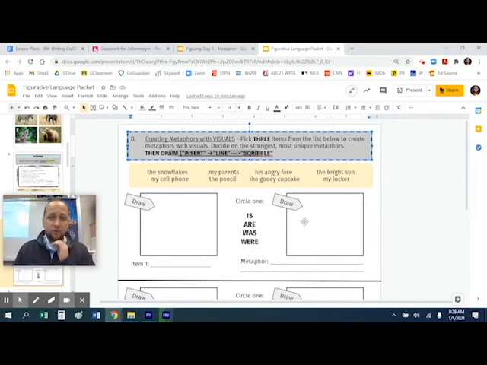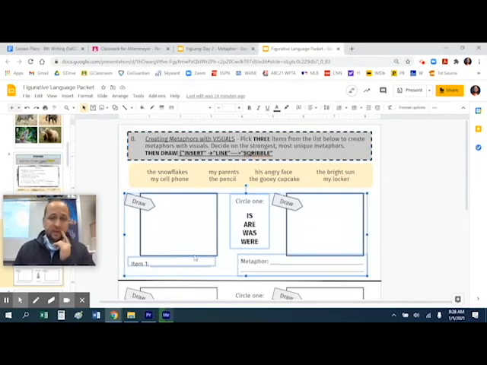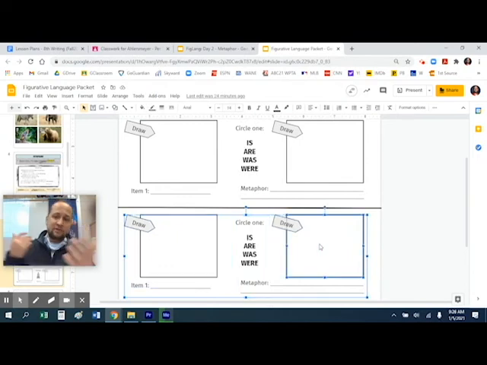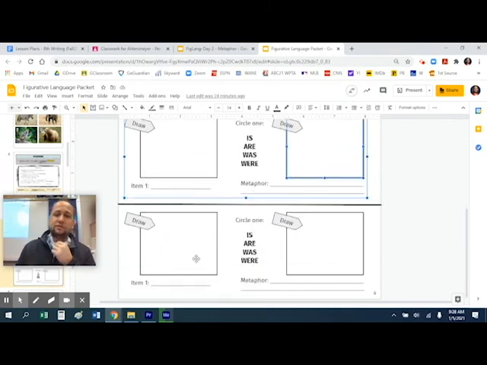There's only three that you have to do. So come up with your new comparison. If you pick snowflake or angry face, what's that new thing, the different thing that they don't relate to? Just like we talked about with the simile, the snake and a garden hose. They're very different, yet there's a characteristic that is very similar between them. Whatever you come up with for these three, you can write out what your metaphor is there.